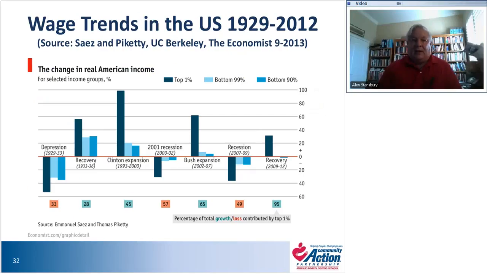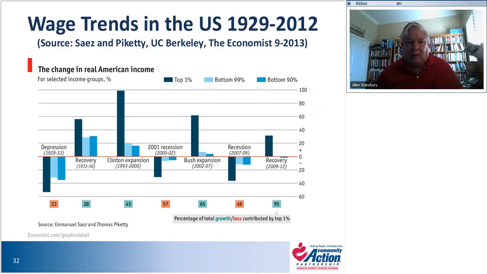Wage trends. This is from a study done at UC Berkeley with two prominent economists, Thomas Piketty and Emmanuel Saez. This is off of the Economist magazine, showing trends in real American income, showing where the bottom 90% are: continuous losses, and then during the recovery, the top percent